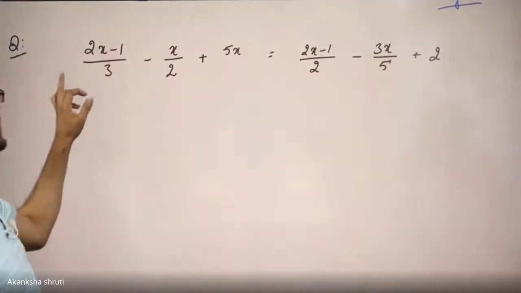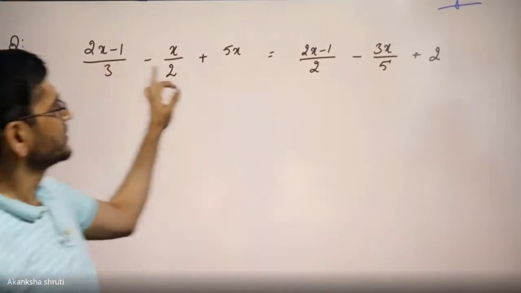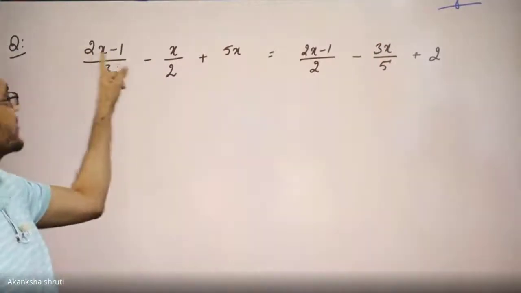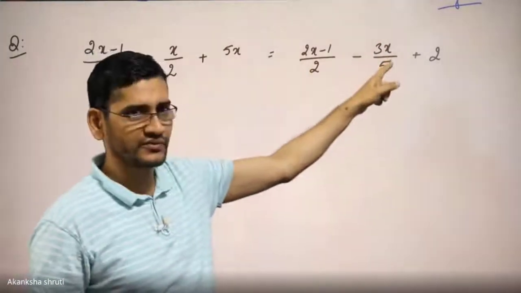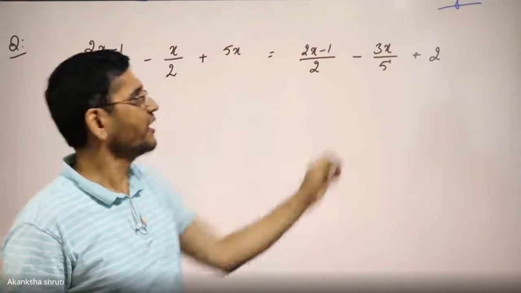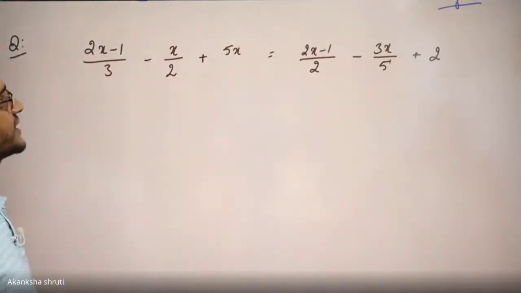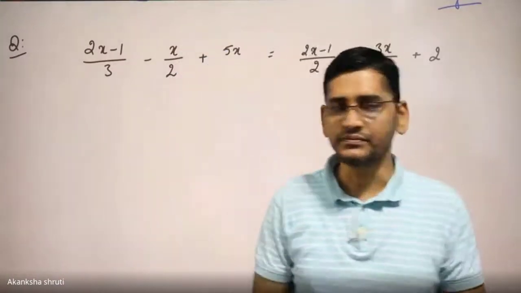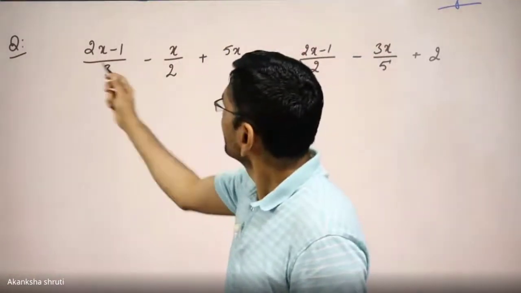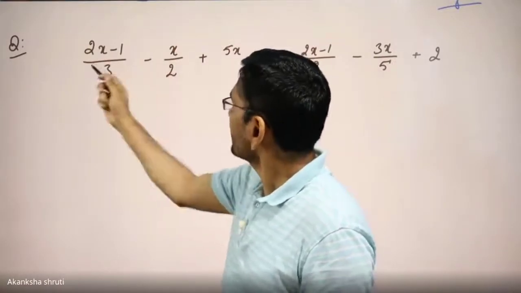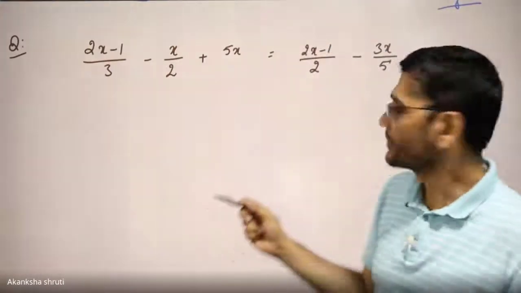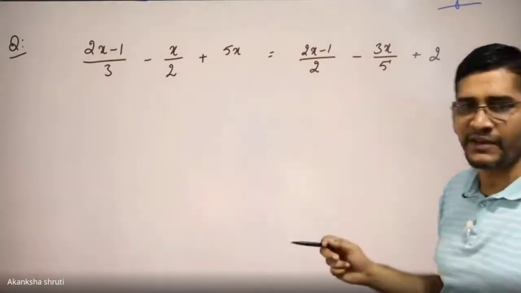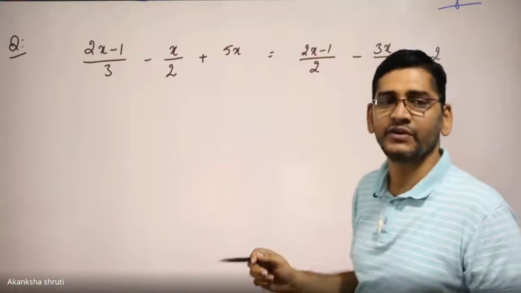So the questions are very simple. Students, here we are getting that it is of one variable, also linear, because everywhere the power of x is 1 only, and all are in the numerator. How to solve this when the x are present at different places? Whatever method I have explained right now, make the denominator of all this LHS the same, make the denominator of all these RHS the same, then do it. That could be one method.